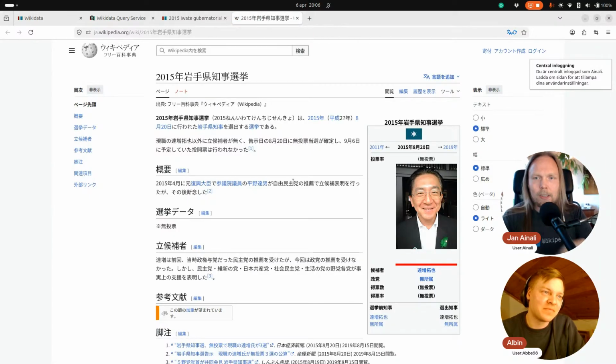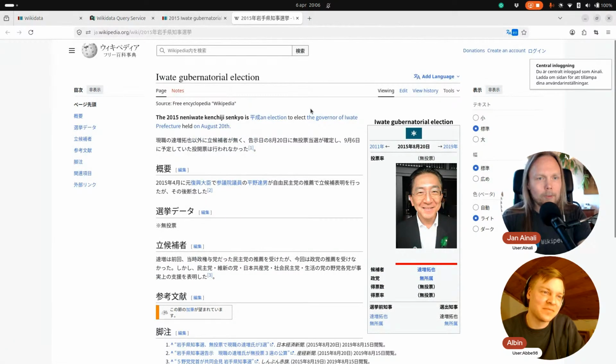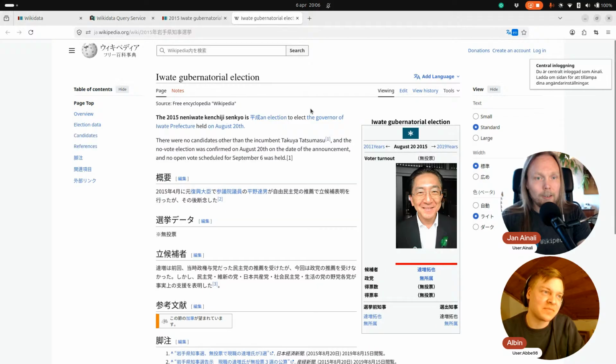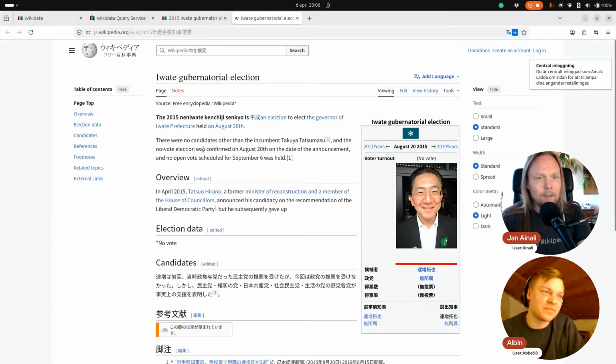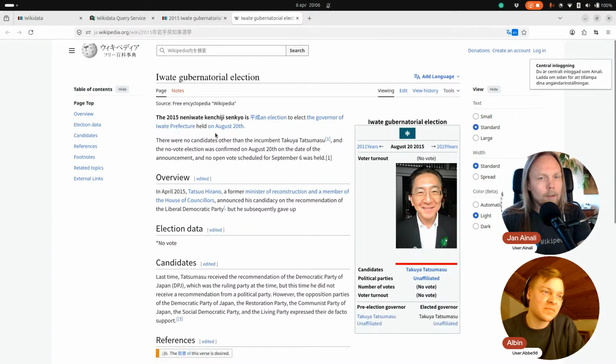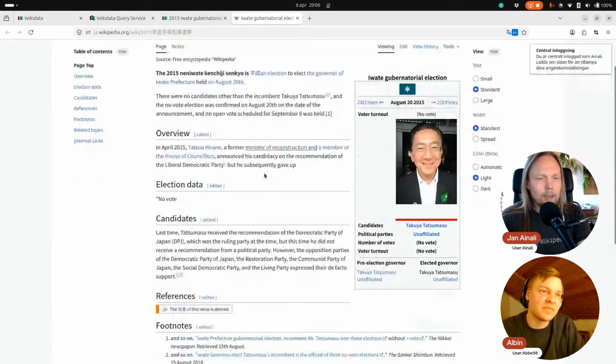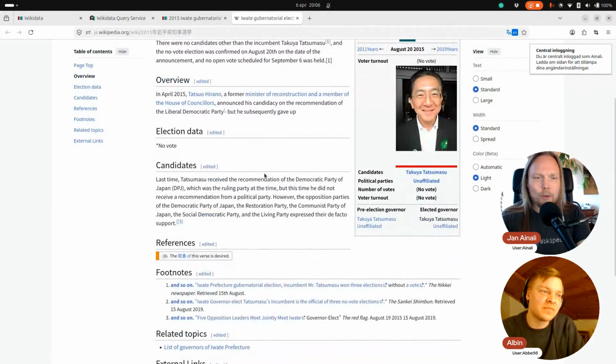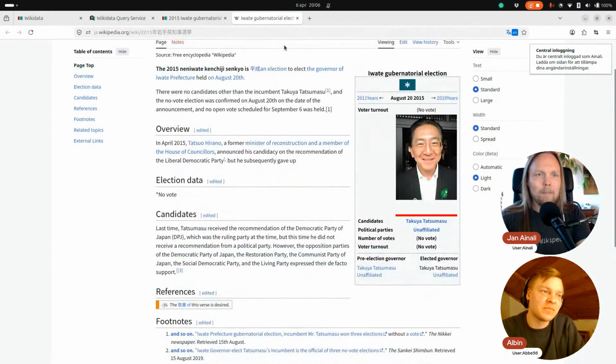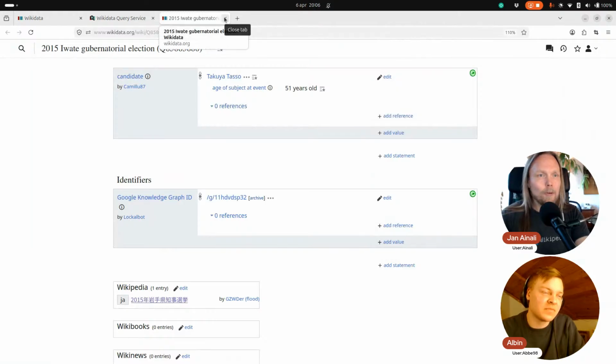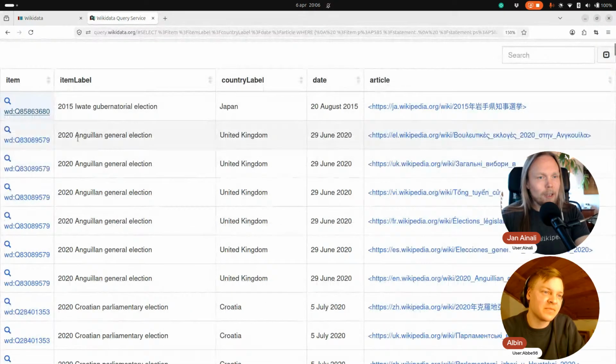The translation didn't even work, so that's not great. Or is it just slow? Oh, here it comes. Very slowly. The no vote election. I'm not sure exactly how this should be done. I'm going to skip this one. These are the special cases, for someone who knows these better. But I think this one